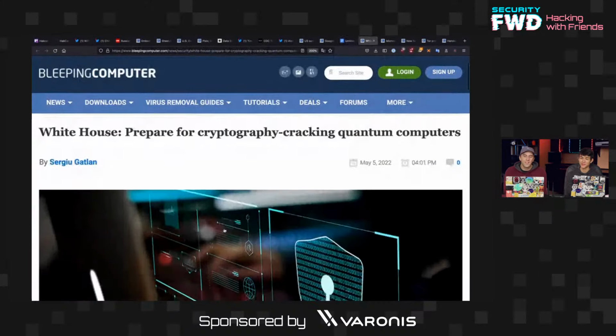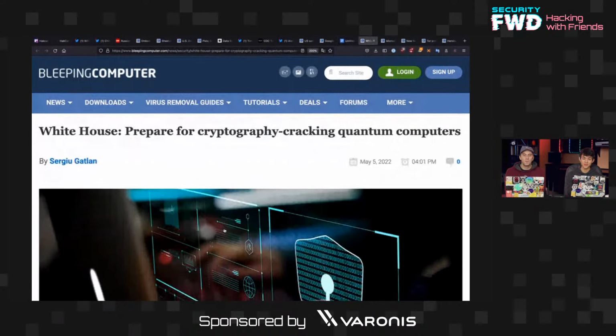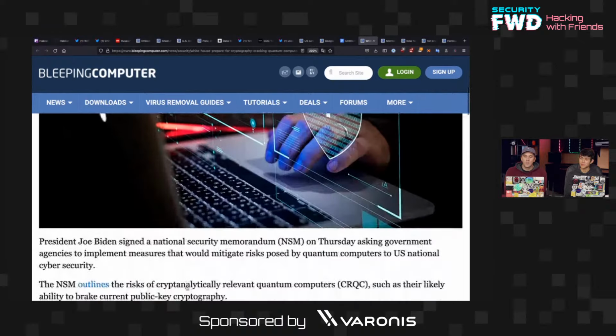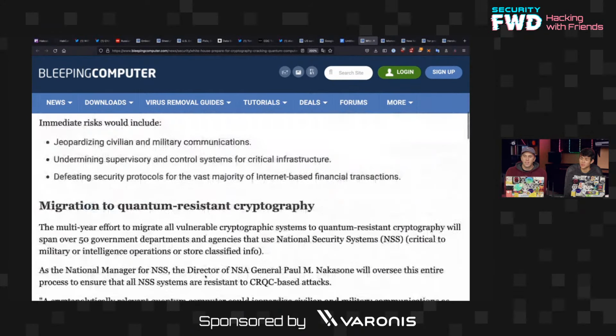All right, so another thing that I think is interesting to see in the news is quantum cryptography. So quantum cryptography has been theorized for a long time as being something that could be a threat to the current cryptography standards because it can be incredibly easy to crack things like passwords using a quantum computer. And the US government is now preparing for this by mandating that all agencies that use their, what is it called? NSS, let's see, national security system, to upgrade or at least identify sectors where it's necessary to upgrade to quantum resistant